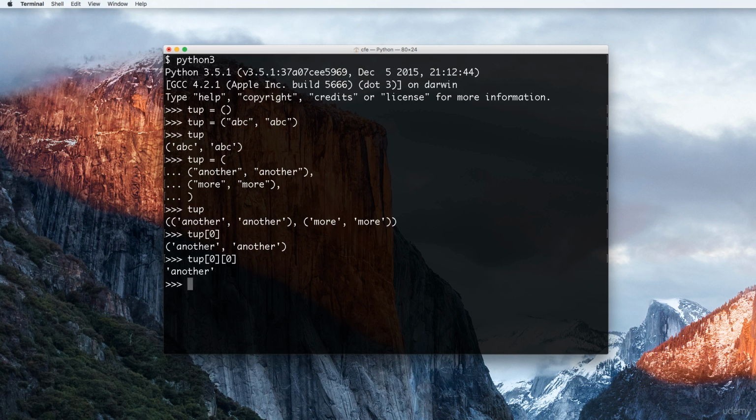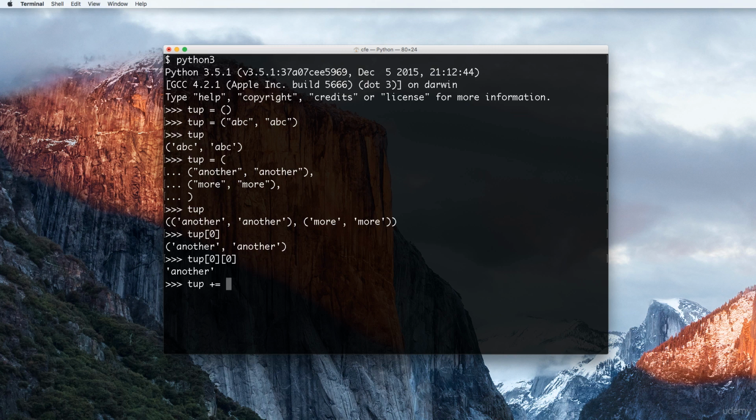But I honestly don't think this data type is used nearly as much as lists or dictionaries, although some developers really like using tuples. I just particularly don't use them that often, except for, like I said, using it in the database. But as far as how it works, if we wanted to add to it,